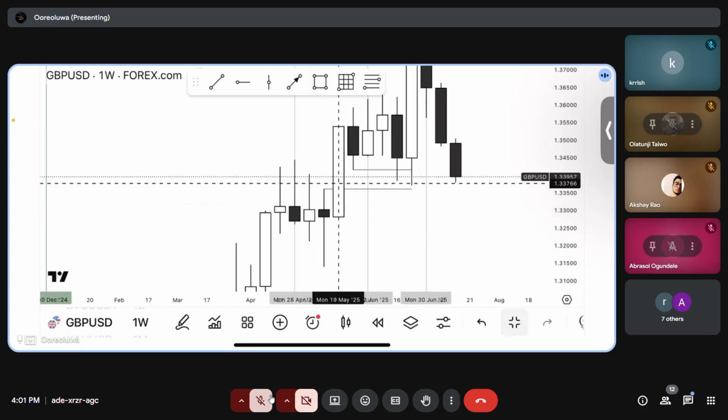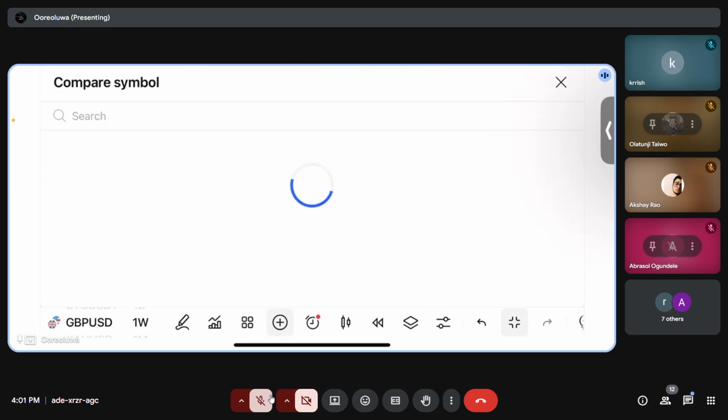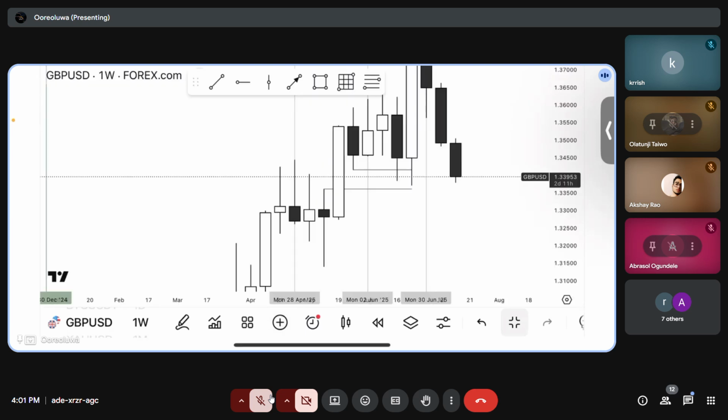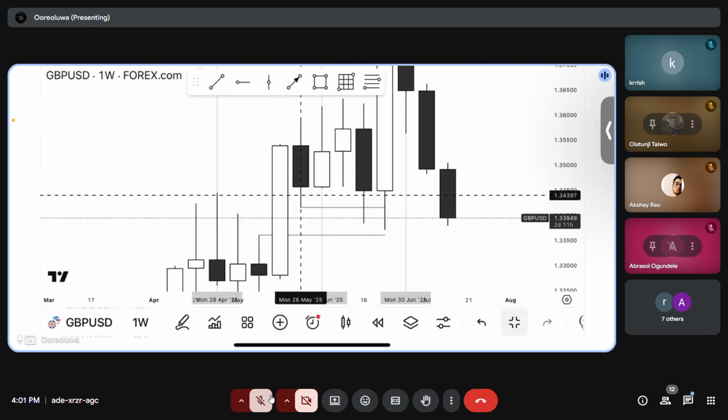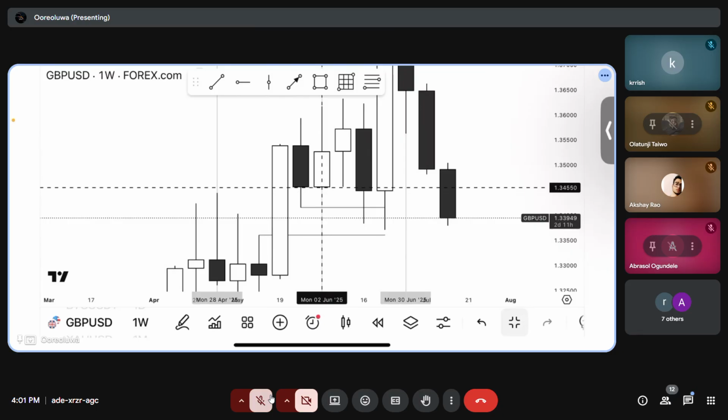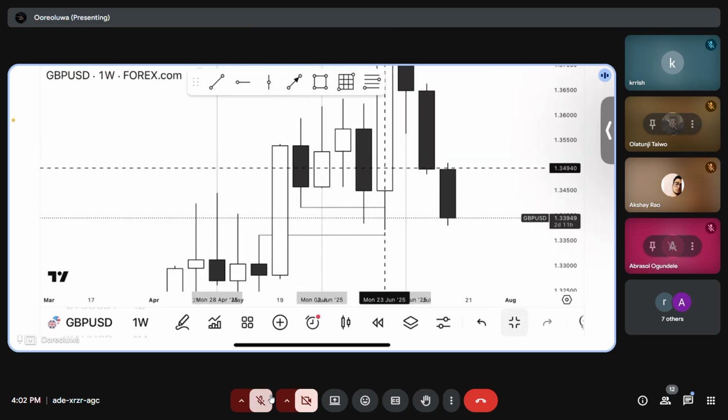So you expect price to tap in, and you also want to see how price reacts inside this fair value gap on the correlating pair, which is, let me look for Euro USD or DXY. Or you can do that by yourself. Let me just go straight to the learning. So the week open here, this was the first week, second week, third week, fourth week.